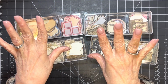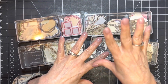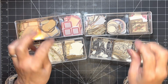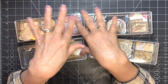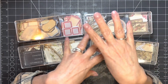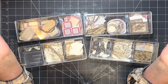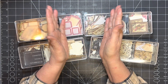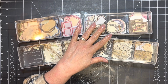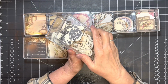Okay, so first of all, I am not talking about finished items like tags or pages or anything like that. I am talking about things you use to create with. So if you make tags, or journaling cards, or whatever, these are the things that you use to decorate with. What I have here are little containers that I got from the dollar store,